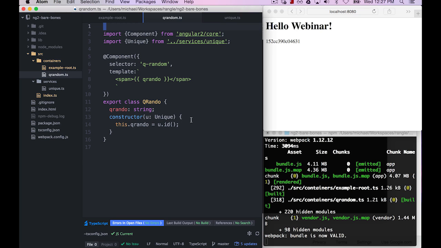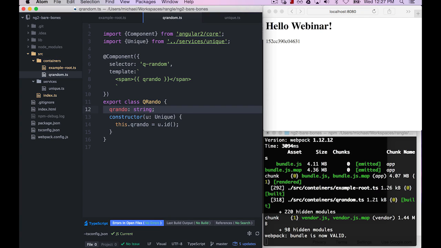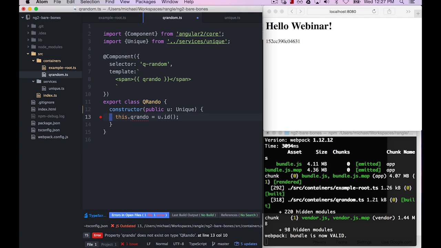Now, let's take a look at actually using some of those features we talked about. So one of the things I talked about was that the constructor can automatically get rid of a lot of this boilerplate over here for us. Now I'll just get rid of that property, because you don't need to specify properties like that in ES6, but TypeScript is a little bit more diligent and it wants those sort of things. Actually, that's going to do weirdness. So what I'm going to do is slightly change it so that unique is a property of this. And if I went public u:unique, I would actually be able to, I'm going to keep that as a number, but